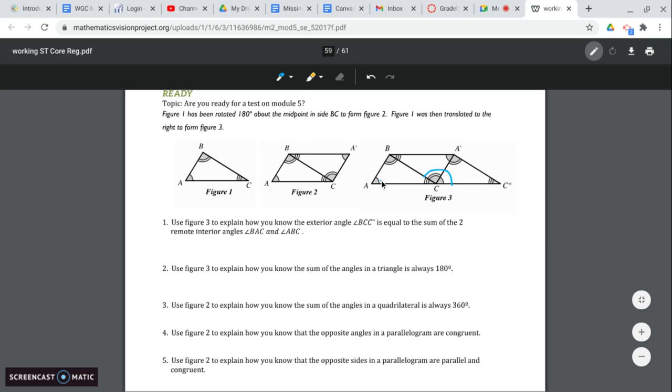BAC and ABC. So how can we tell that? Look at what we can see. We can see from the markings that the angle with the single arc mark, the angle with the single stripe,